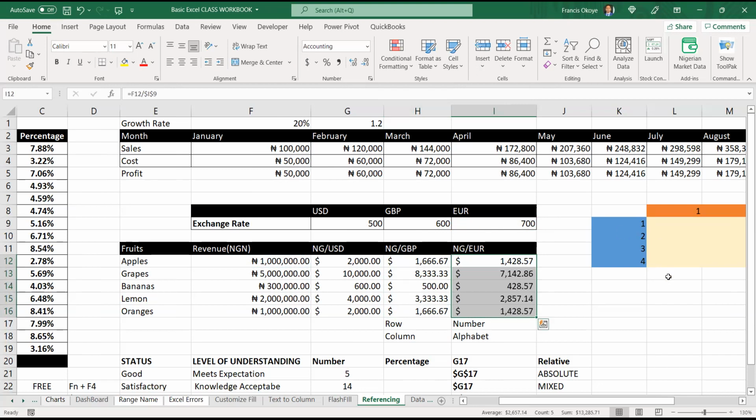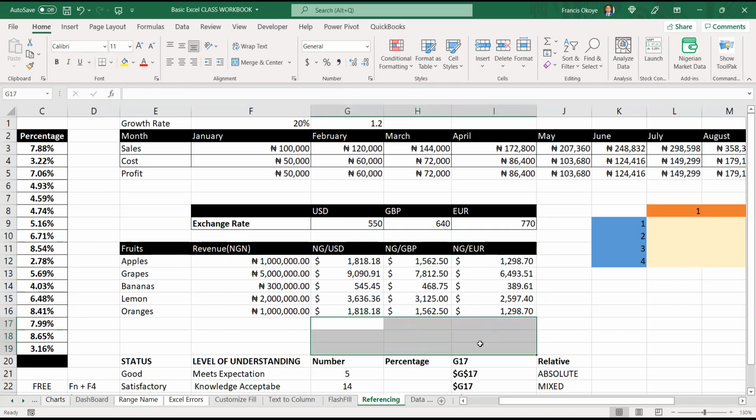So the beauty about this is that the moment one thing changes, if you increase it to 550, I just change it. That's why I'm not doing that today again. The value changes here to, let's say, 640. I put it there. And this one increases to 770. So you will only be changing it in one place, and everything else changes. Okay, I think we're okay with that.